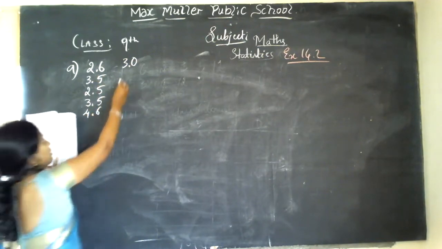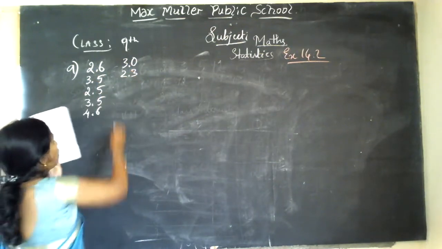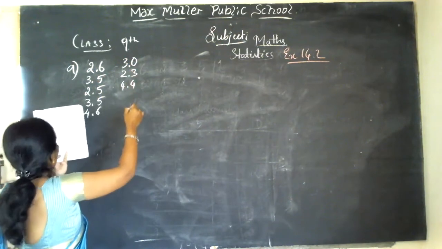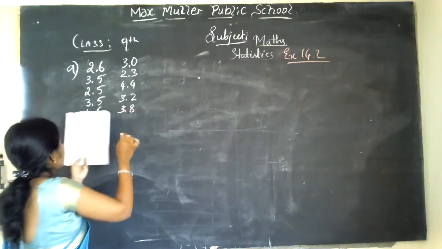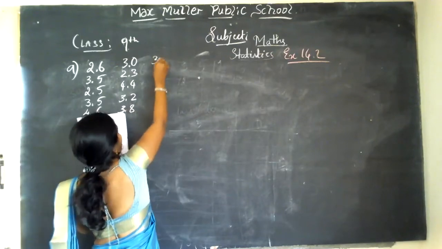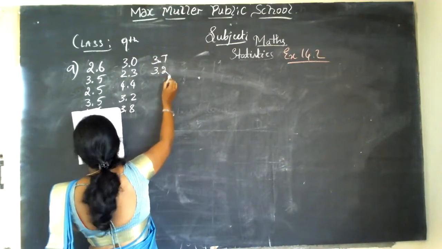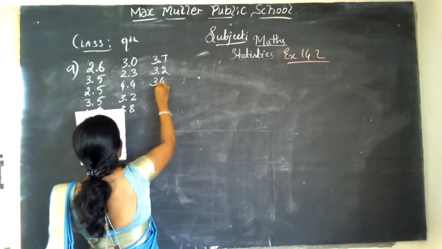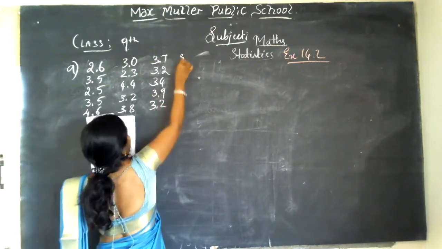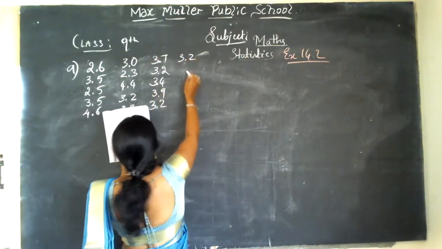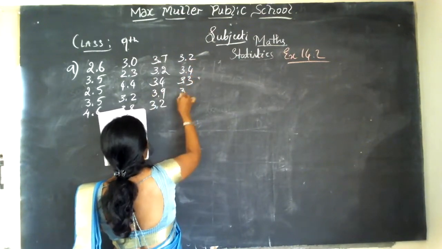So next 2.3 and 4.4, 3.2, 3.8, 3.7, 3.2, 3.4, 3.9, 3.2, 3.2, 3.4, 3.3, 3.2,